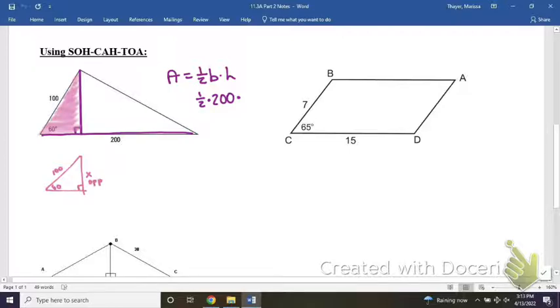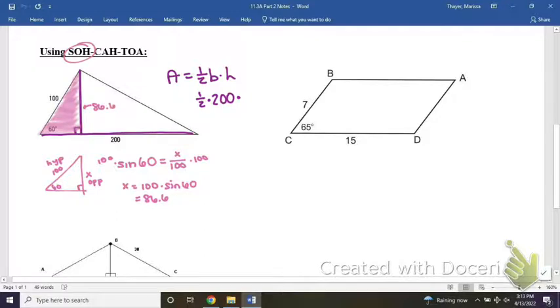That is an opposite, and the 100 is a hypotenuse. If you remember from SOHCAHTOA, opposite and hypotenuse will use SO, or sine. So sine of the angle, which is 60, equals opposite, which is X, over hypotenuse, which is 100. To get X by itself, we'll multiply by 100. I'll type in 100 times sine of 60. And I get 86.6. So that is our height,